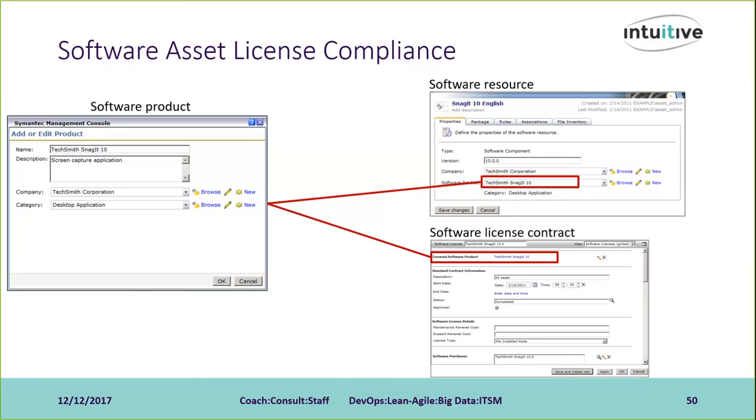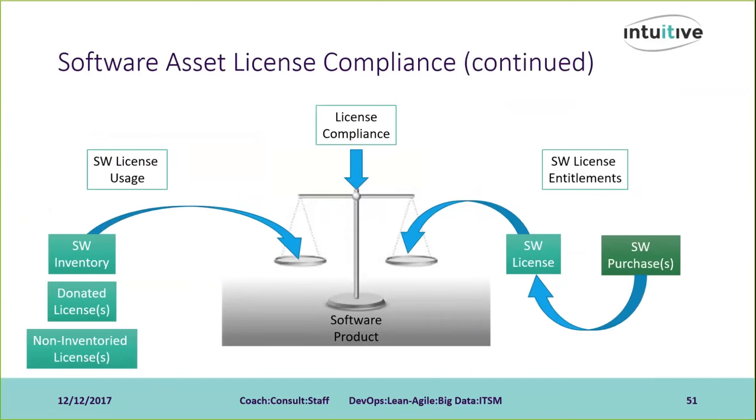So I've got a graphic of that representation here. If you could picture the software product as the center point or the scale by which we measure software usage versus our software entitlements. And the fulcrum of this balance being license compliance, where we're essentially aiming for a 0, meaning our usage is equal to our entitlement. So we would input from the right side over here all of our software purchase information,